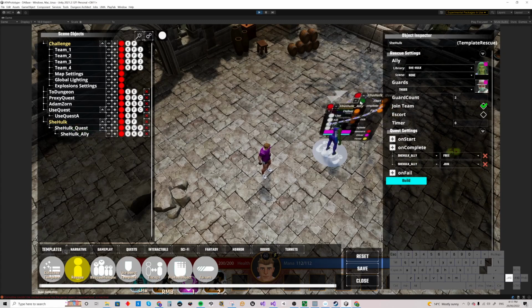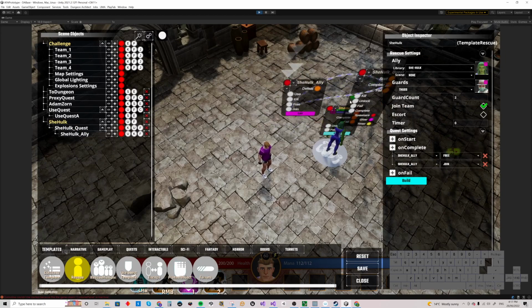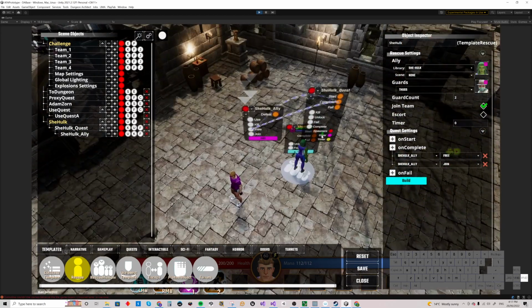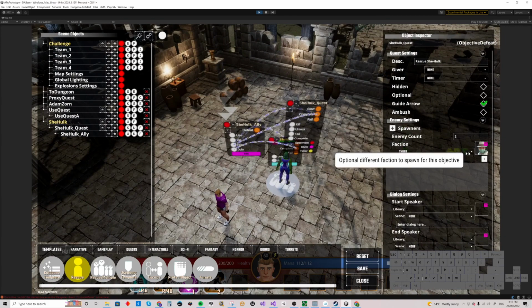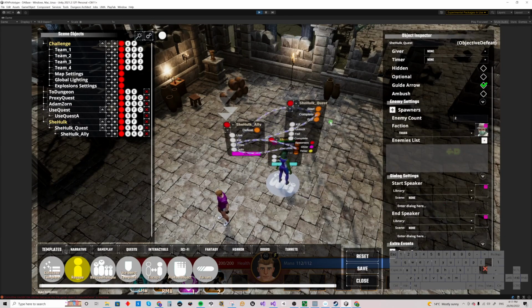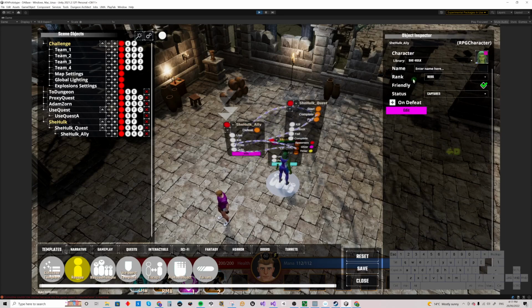We'll just separate the info panels here. So we've got a quest, which is a defeat quest, 2 thugs. There we go, like we ordered. And when it's completed, it's going to free and join on this She-Hulk ally character, who is a friendly boss level character whose initial status is captured. So when we reset,